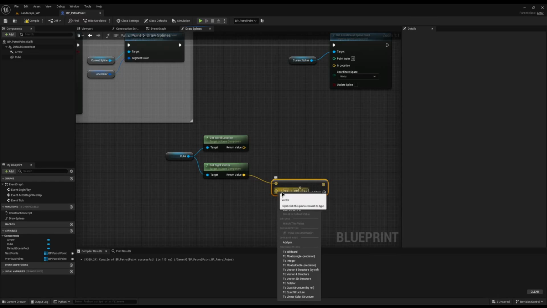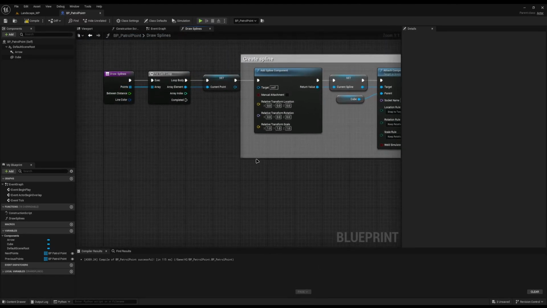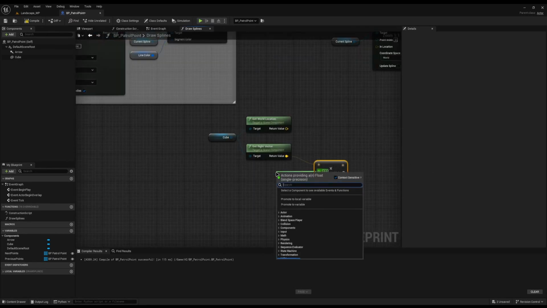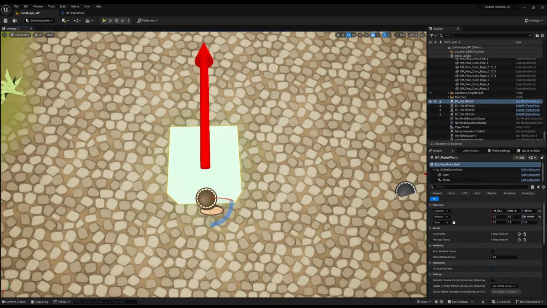And then I'm going to right click the bottom one and choose to float. And now it's a float, we can pass in our between distance. So I'll drag off of here and do get between distance. So what this is going to do now is it's going to spawn the spline in the center of the